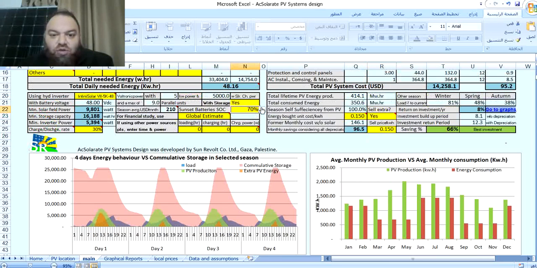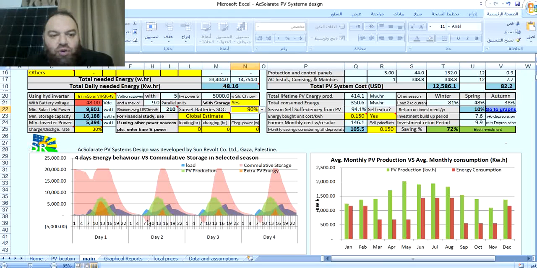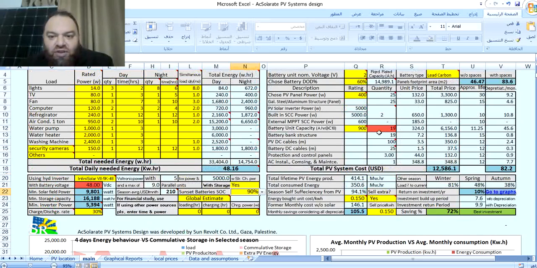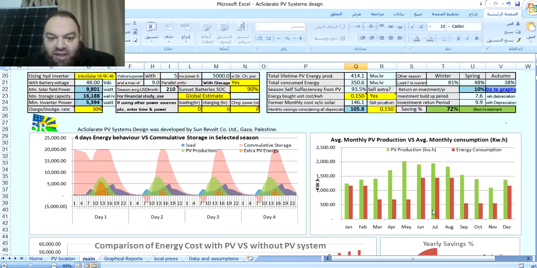And remember, if you put the state of charge of the battery at 90%, this will show you some problems here. First, you need to change the battery capacity back to one that will allow you to connect in a 48, which is 24 pieces. So 700 is okay. This is good because it is better in investment. It is 72% saving and 10% return on investment. But again, you are risking losing power here.